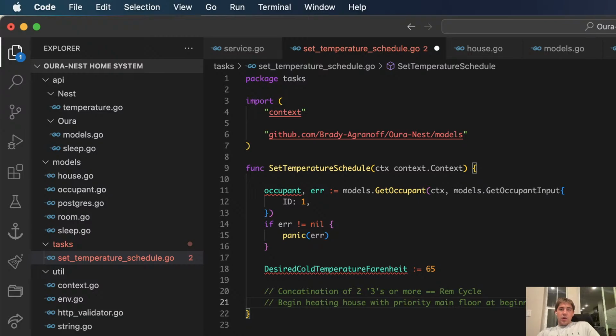Calculated average time of day from last week.